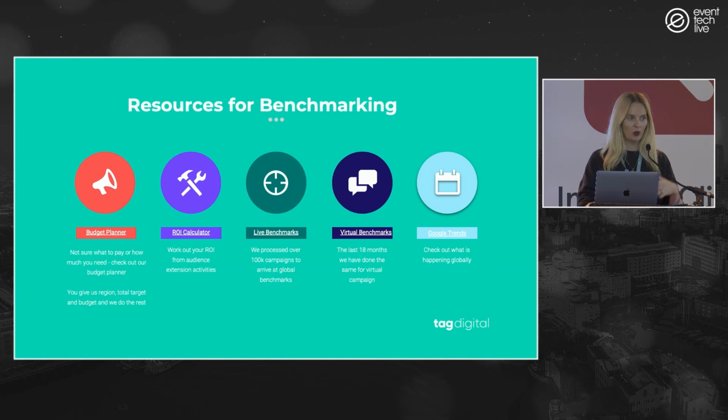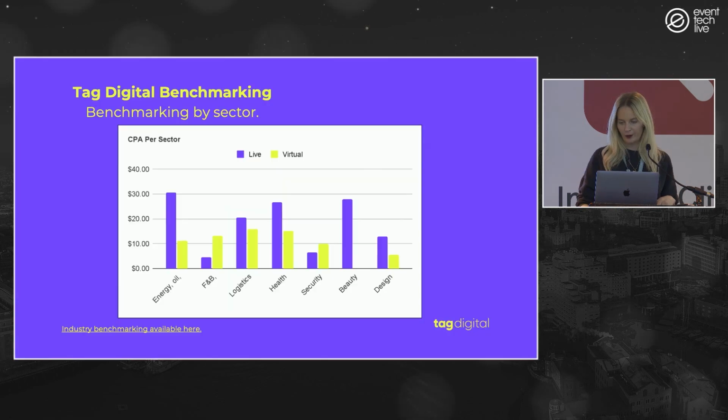It's all linked to return on investment, so you put in all of those numbers: if I pay that cost per acquisition, what's my average value per attendee or per exhibitor, and it works all that out for you. And then separately to that, we've done 2 benchmarking reports. We benchmarked 100,000 campaigns across live and virtual, and we've given the benchmarks for all of those, put into a report so you can understand what those benchmarks look like. And then finally, Google Trends, if your event is a complete launch event. So all those resources are super helpful. That's all come from organiser data, and we benchmark that every year.